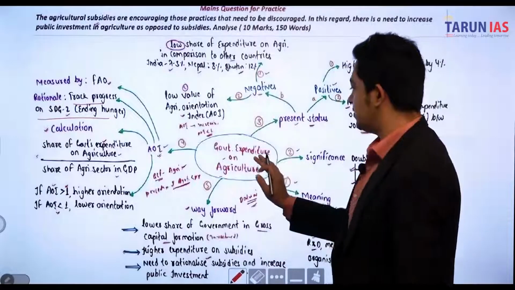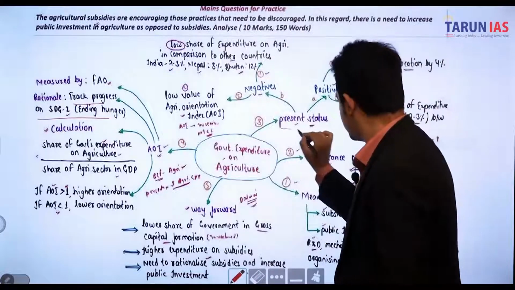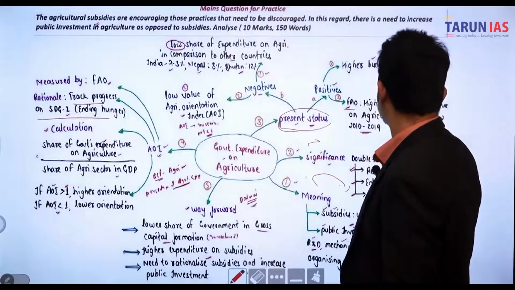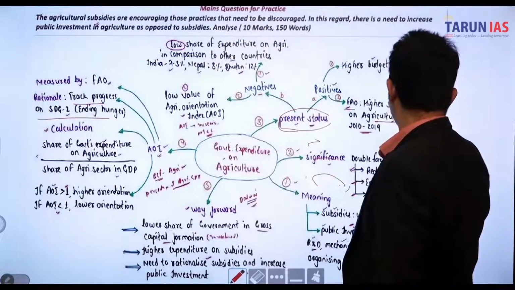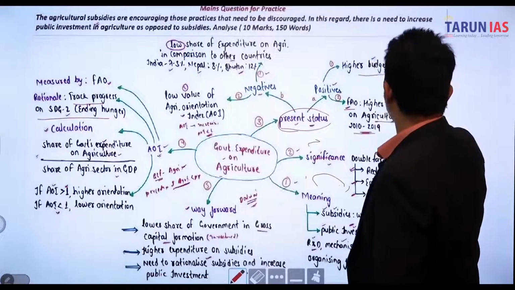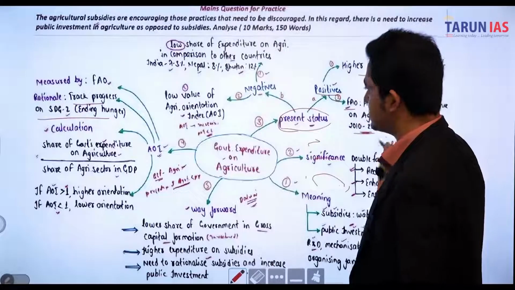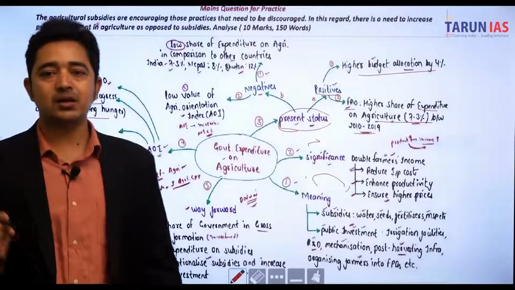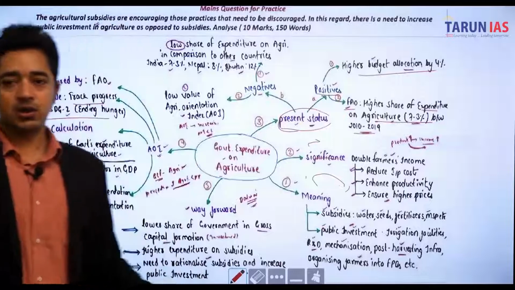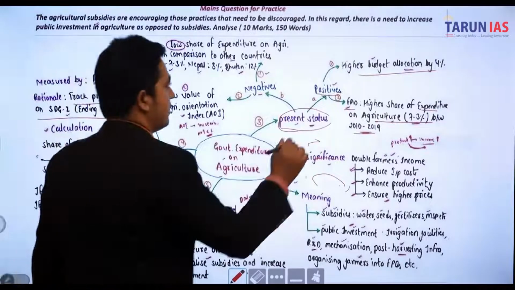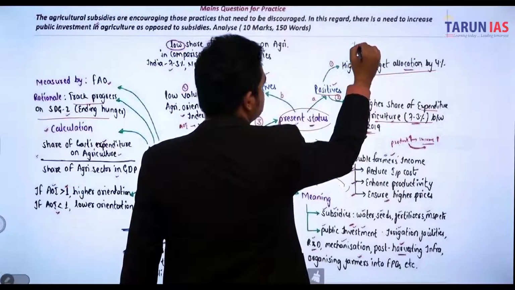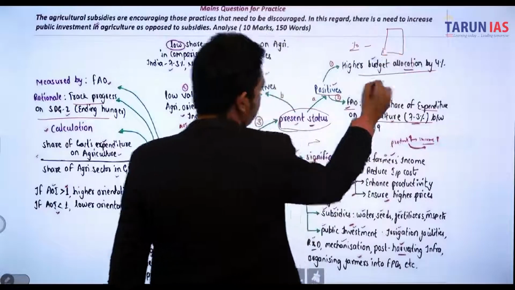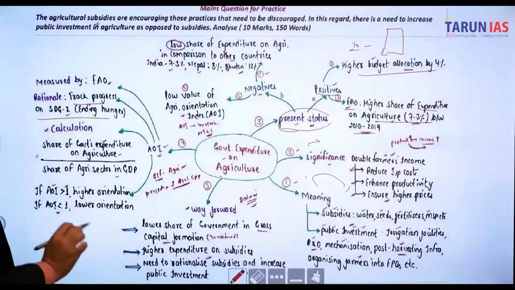Like here we can say government spending on agriculture: present status. What exactly is the present status? Positives and negatives. In short, a higher share of expenditure on agriculture, 7.3%, and higher budget allocation by 4%. Most aspirants are worried about how to make notes. You can make notes in short, because the 10:1 ratio must be followed. It means if you are doing 10 pages, make sure you have short notes on 1 A4 sheet. That's why I have created this, higher budget allocation of 4%.